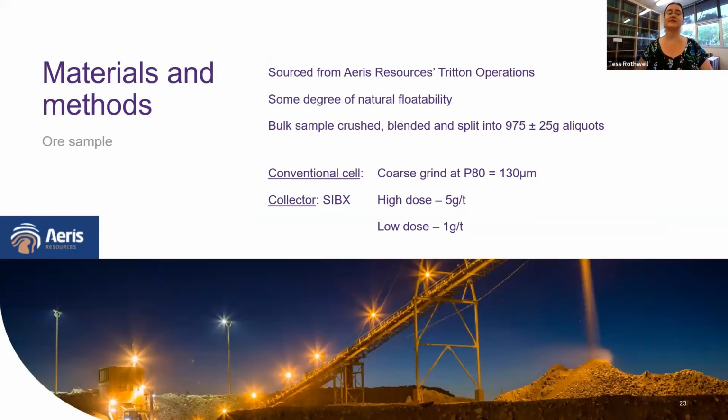For the flotation test itself, we used ore sourced from Irish Resources Triton operations. It's got some degree of natural floatability. Our sample size was about 1 kilogram at quite a coarse grind, because we're interested in how the coarse particles float. We did 2 collector doses, a high dose at 5 grams per ton and a low dose at 1 gram per